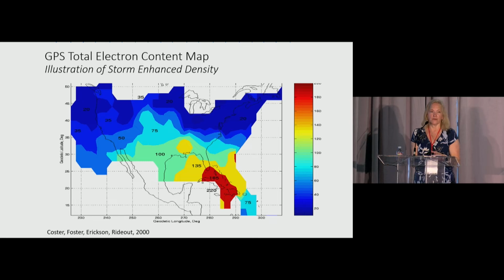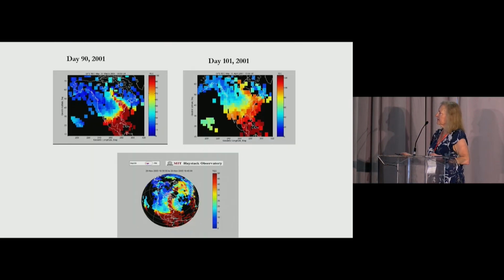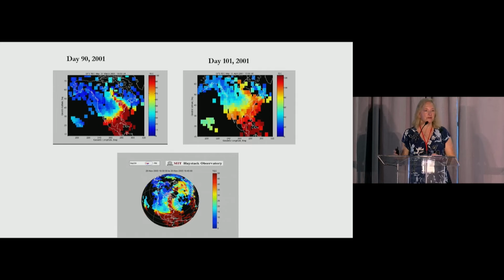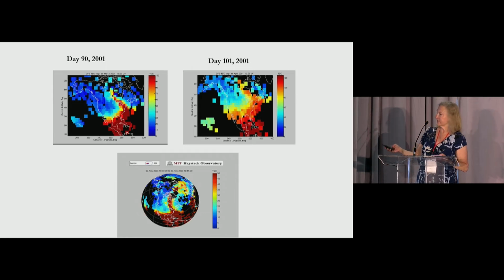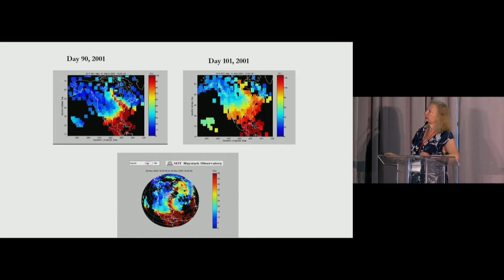So we started grabbing all the data we could, and we put together our first map, and we saw the first SED. The first time I showed that SED at a Beacon Satellite Symposium, older scientists said, nope, this can't be real. We would have seen it. And we said, oh yeah, I think it's real, but we'll go back. And sure enough, it was repeatable. We saw it every time there was a large KP or a large geomagnetic storm. We saw this feature up the East Coast.